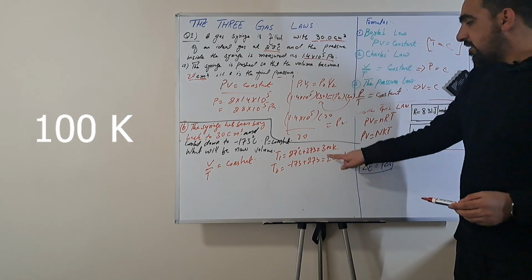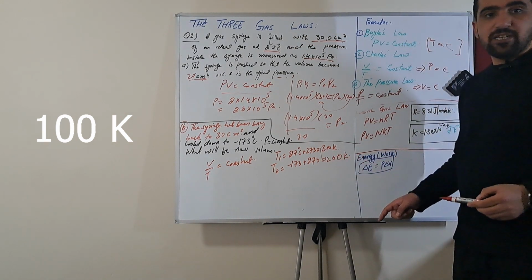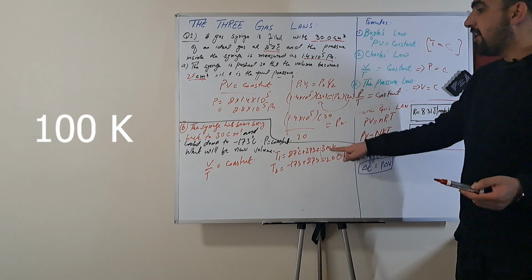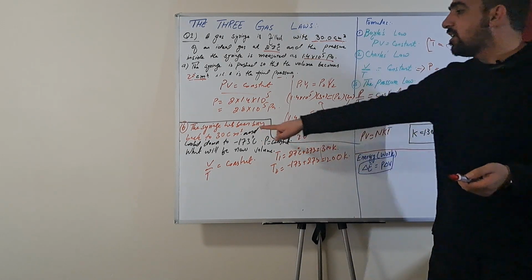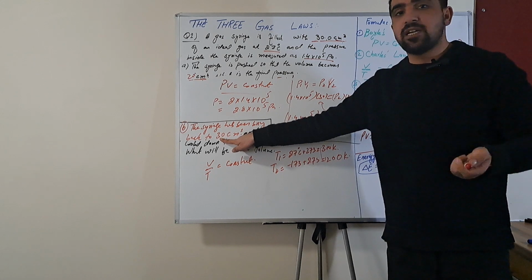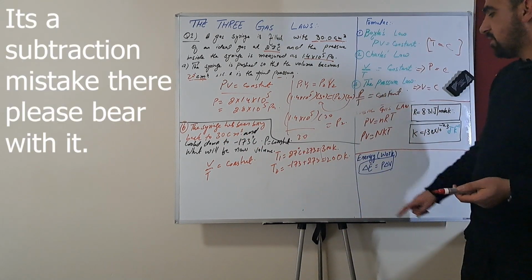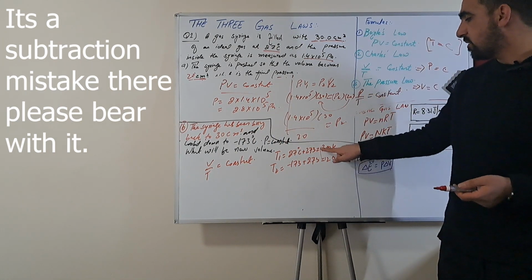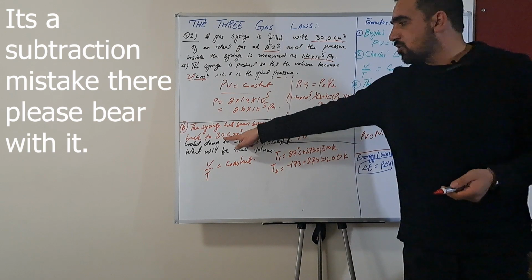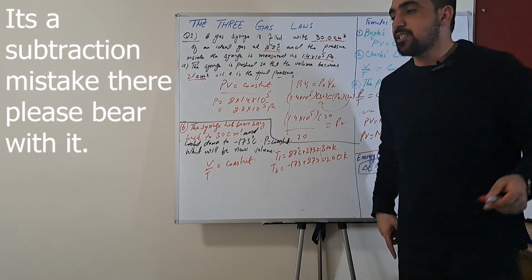So the temperature has been dropped down by 1/3 of its value. So you can directly say that volume will also reduce by 1/3, so it will reduce down to 2/3 of its value. So it will reduce down, 300 and 200, so 2 by 3. 30 divided by 3, multiplied by 2, that is 20.